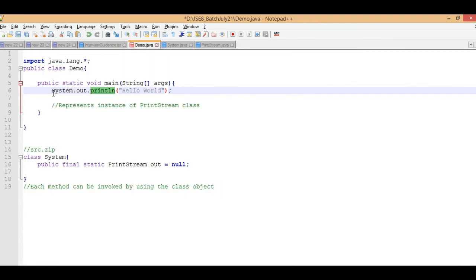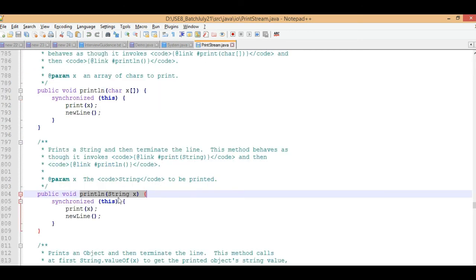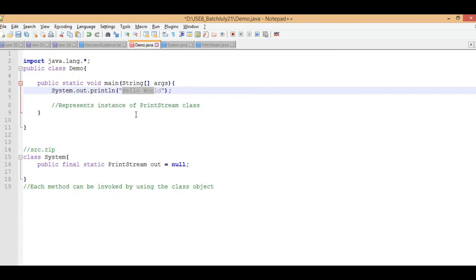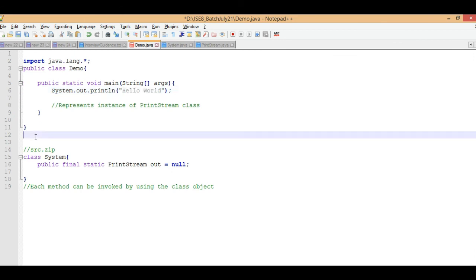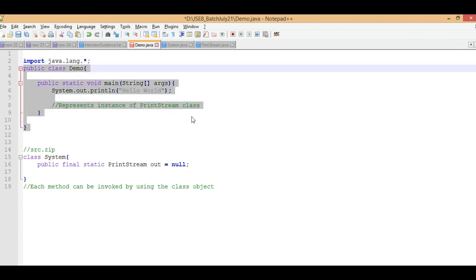So to make the object of the PrintStream class, this approach was used, and we are passing the string value. So this is invoked. Internally what they are using is another thing, but how this works inside and what's going on behind it, I have explained to you.